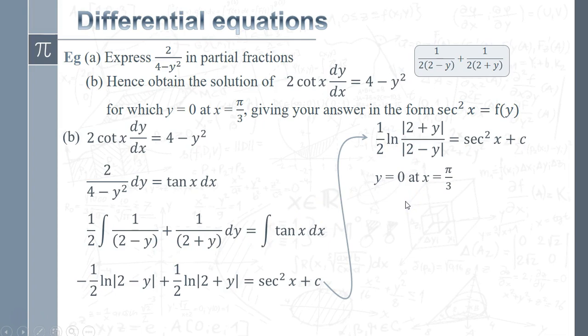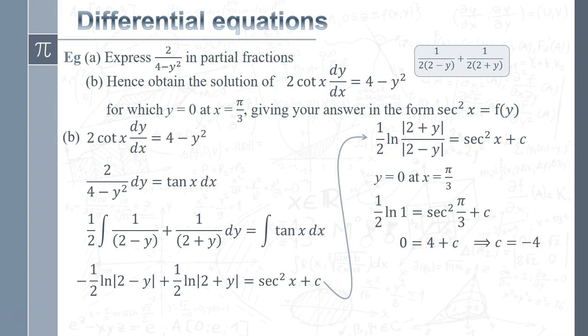Sticking in my values, y equals 0, x equals pi over 3. So let's plug those in. So what we've got on the left hand side is ln 1, which is 0. And on the right hand side, sec squared pi over 3, which if you work that out is cos pi over 3, and then invert it, square it. What we end up with is that, 0 equals 4 plus c. So clearly we've got